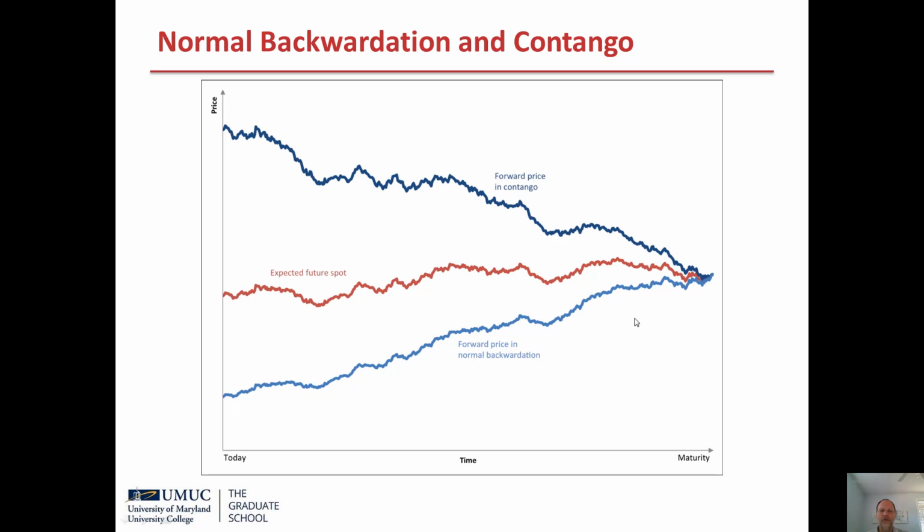So normal backwardization would be behaving like a bond or over the long run a stock. Gradually the price increases, you want to own the commodity or whatever the underlying is, and you make money over time as it increases to the spot price. Contango can result when you, for example, have very high storage costs for oil, and people would prefer to buy the oil later so they don't have to pay for the storage costs now.